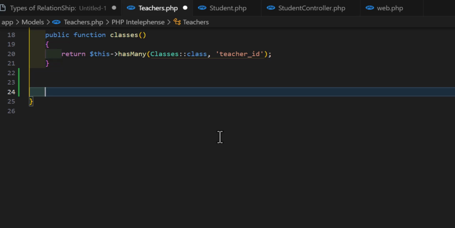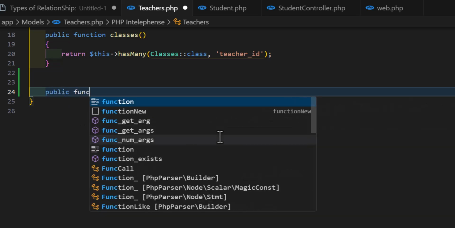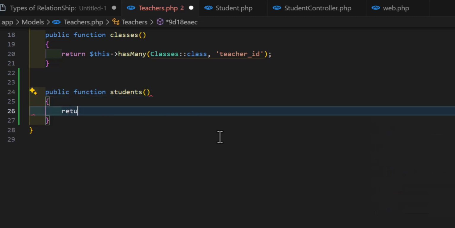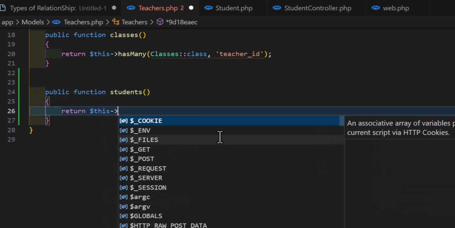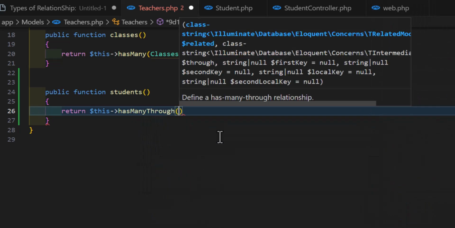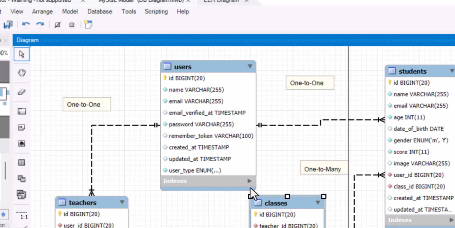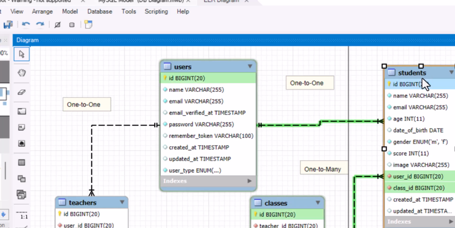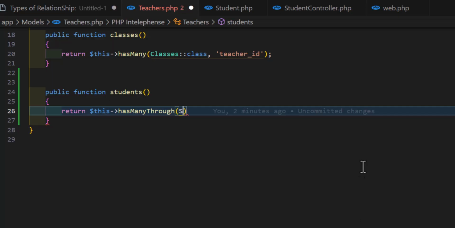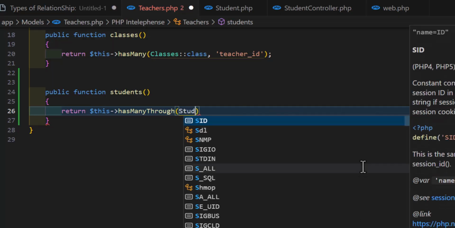Let's type public function students. Then inside here, let's return $this->hasManyThrough. Then after that, we have to mention our last table that we want to fetch. For example, in our case, we want to fetch the students using the teacher. So we want the students. Let's type Student model, Student